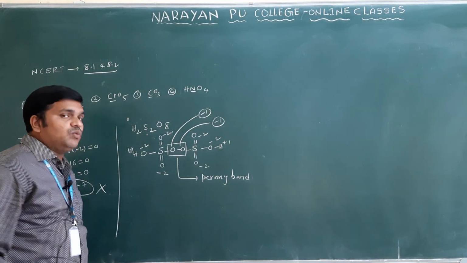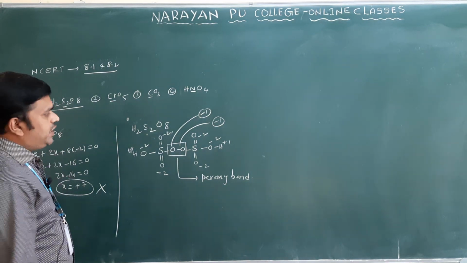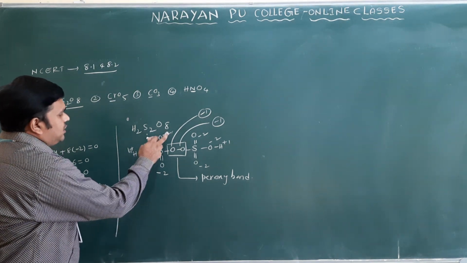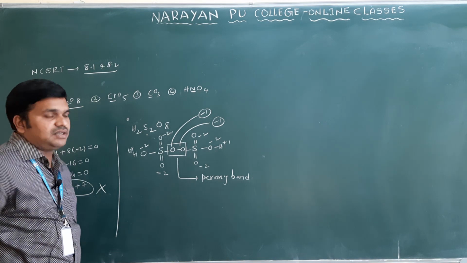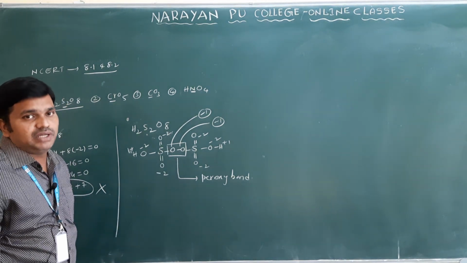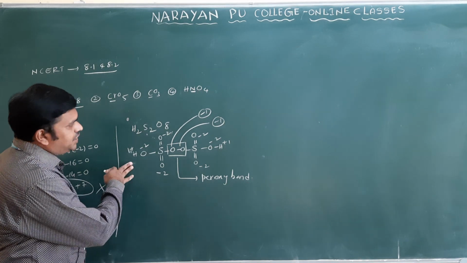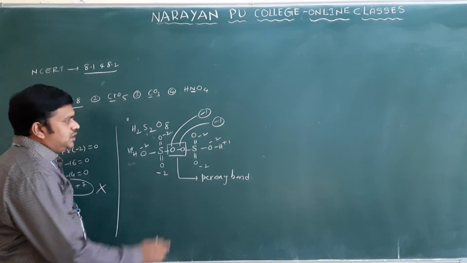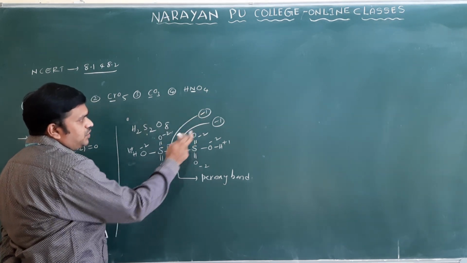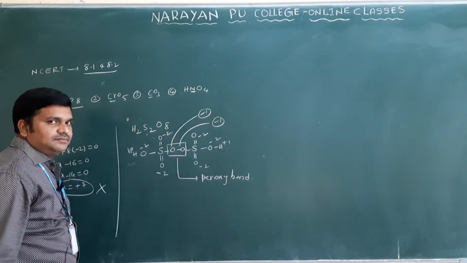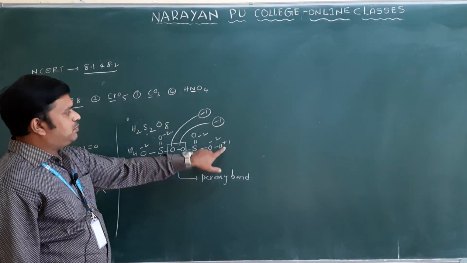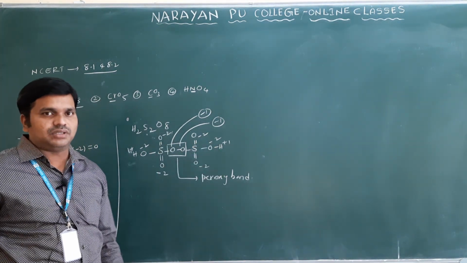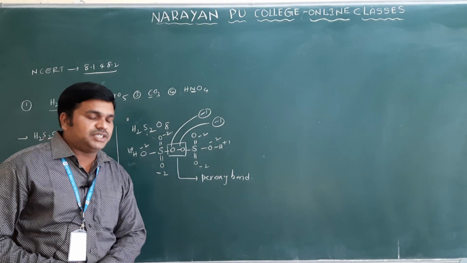If you want to find the oxidation state of one sulfur atom, you can apply the normal method. How many oxygens are there here? 3 oxygens are there, so X minus 6 equal to 0, and X equals +6. But what about the remaining hydrogen and this hydrogen? Here H is +1, and here the oxygen is -1. Both cancel, +1 and -1 cancel. So for this sulfur you get +6, and for this sulfur also +6. This is the way of identifying oxidation state from the structure.